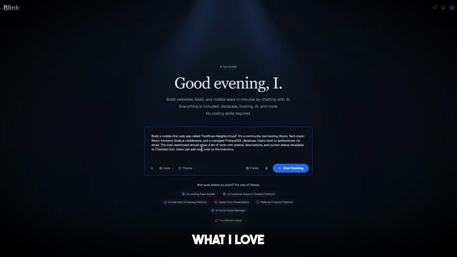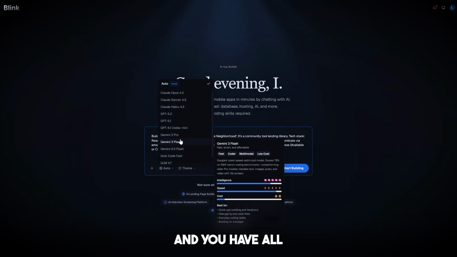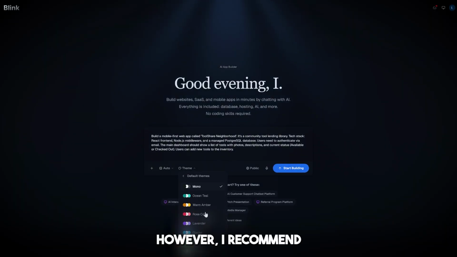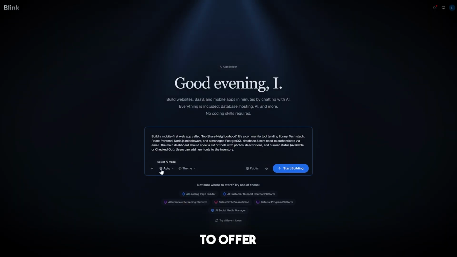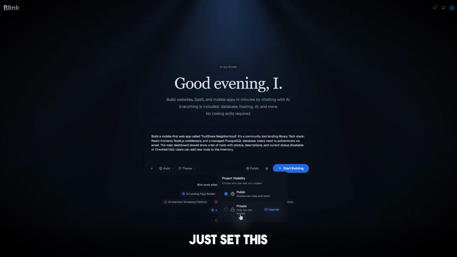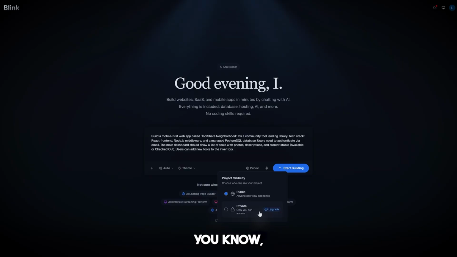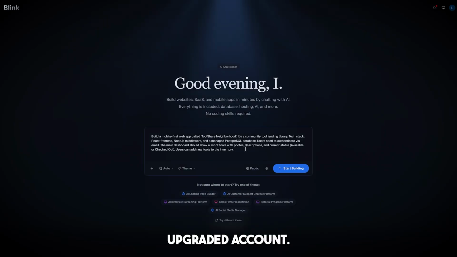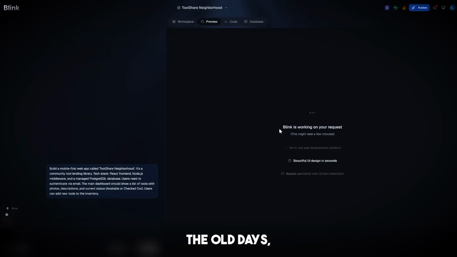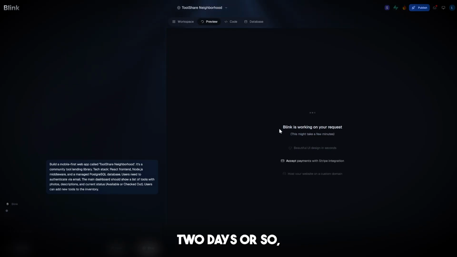Now, what I love about Blink.new is that you can choose between different models. You have pretty much all of them, and you can also choose between different themes. However, I recommend you keep this on auto because it's going to do the best job in most cases. And you can also set this to private if you have an upgraded account. Anyways, let's start building. So guys, in the old days, this would take 2 days or so, but now,